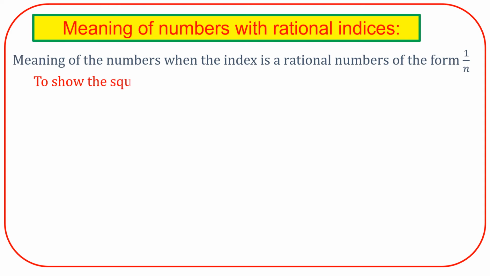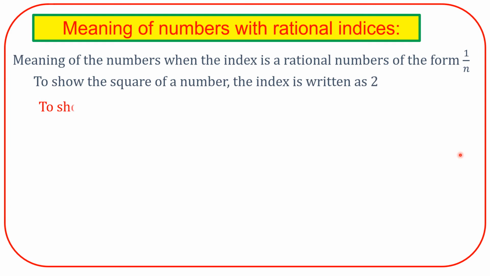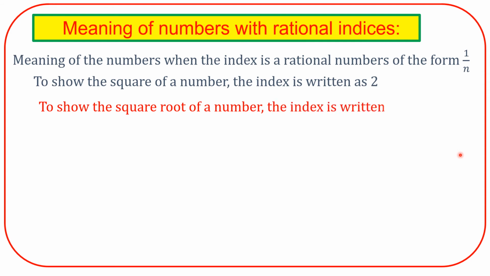To show the square of a number, the index is written as 2. To show the square root of a number, the index is written as 1 upon 2. For example,